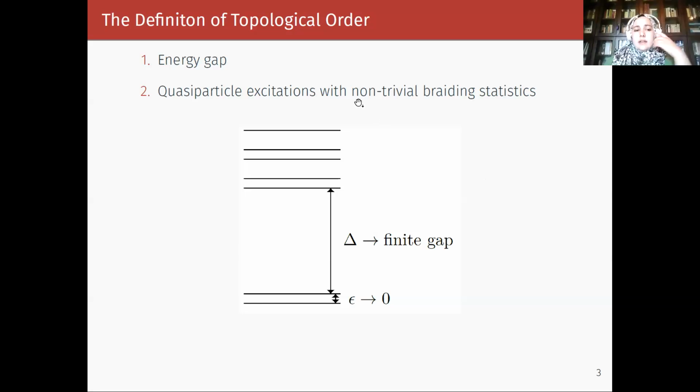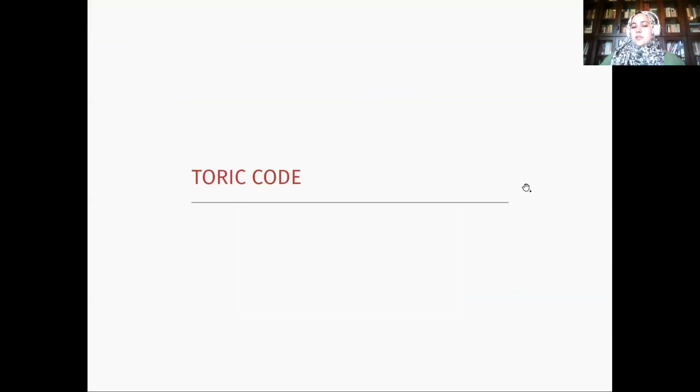First of them is the energy gap. Like in this figure, there has to be a finite gap between the ground state and first excitation states. And the other property is that it has quasi-particle excitations with non-trivial braiding statistics. Braiding statistics is actually like spin statistics with elementary particles, fermions and bosons. But I will explain all of these better later in my presentation, so don't be afraid if you didn't understand it. So now we can continue with the toric code, but to be able to understand the examples